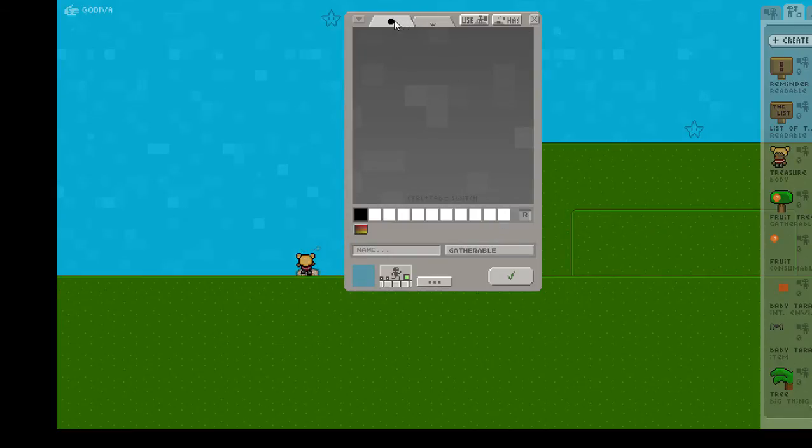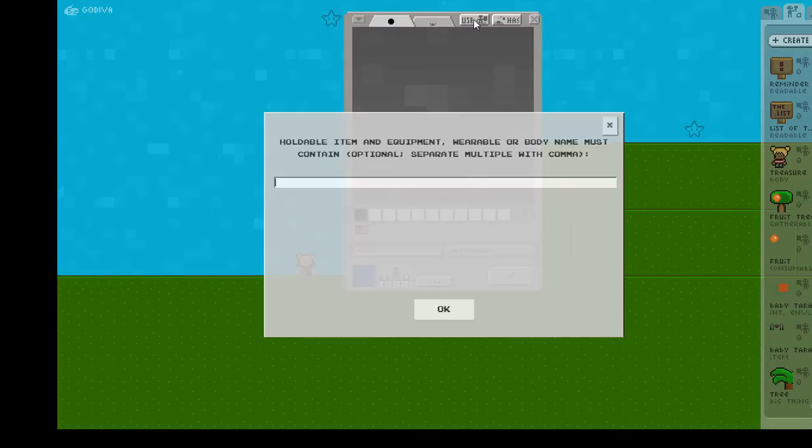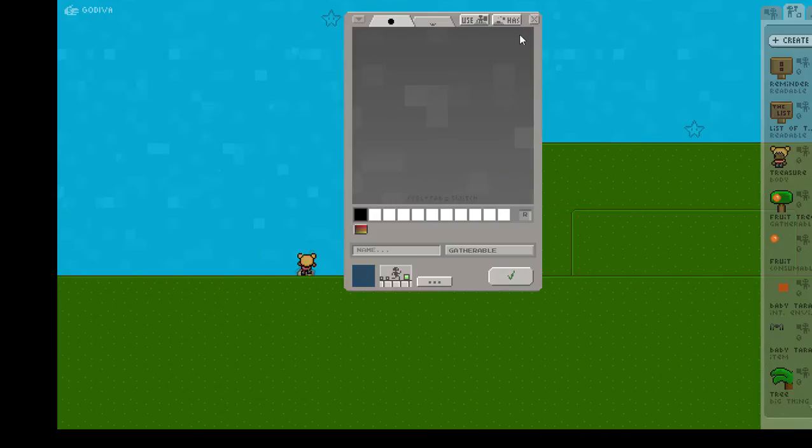The first 2, a full moon and a quarter moon, let's say. These are the item's cells. So what you draw in these 2 boxes, this is what's going to show up in the game world. Now the Use button is going to determine if there's a requirement for the player in order to interact with the object, and Has lets us select a holdable item from the right in our inventory that the Gatherable will